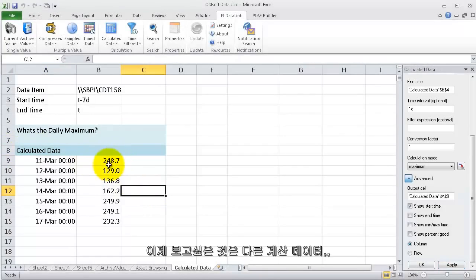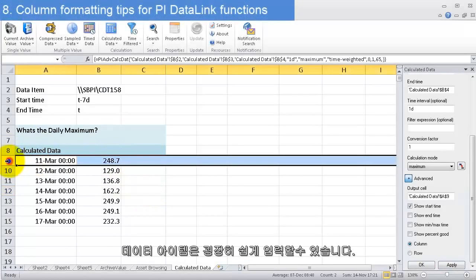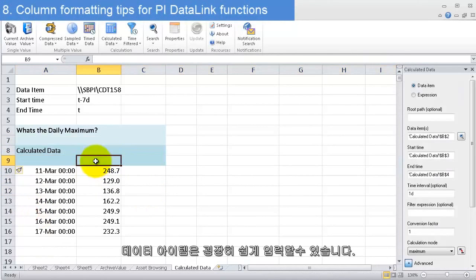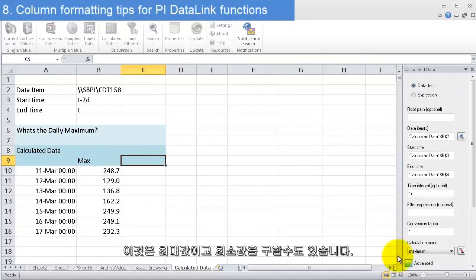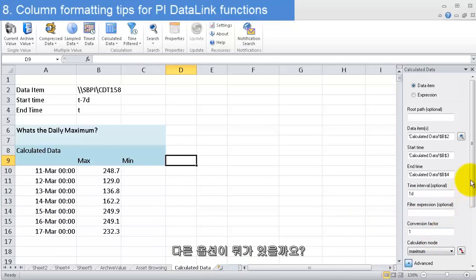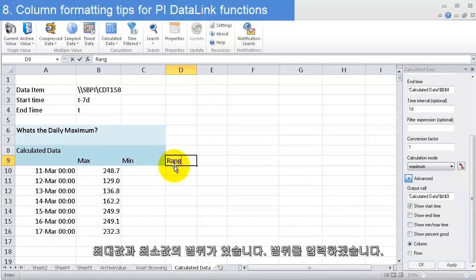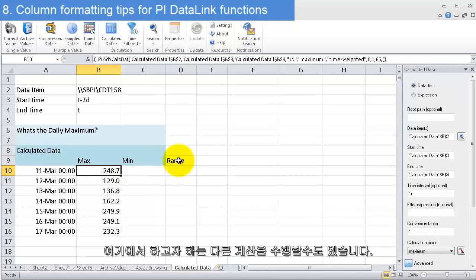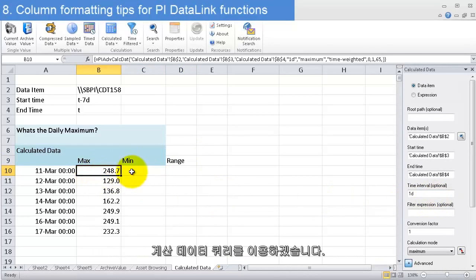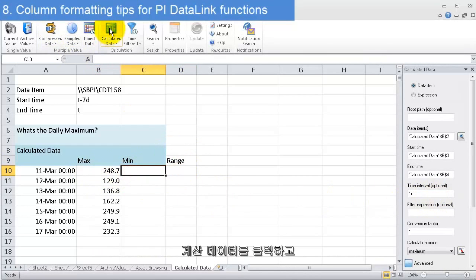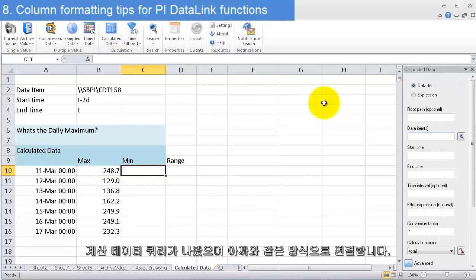Now, if I want to see other calculated data items, I can put those in really easily. So this is the maximum. What if I wanted to know the minimum, and what other options do I have here? The range, so maybe the range from maximum to minimum. We can ask for different calculations that we want. And all it takes is a fresh calculated data query,